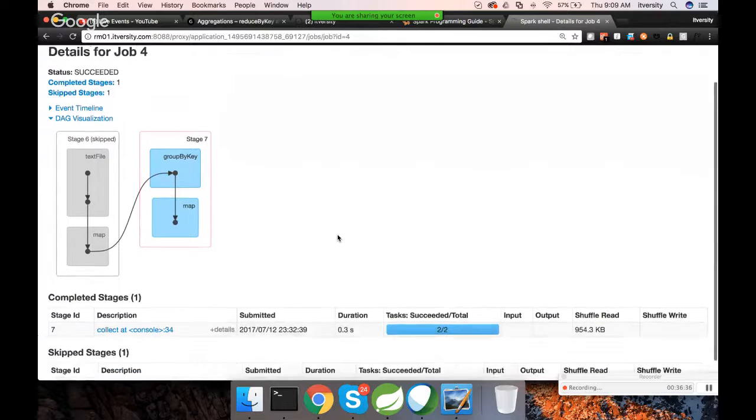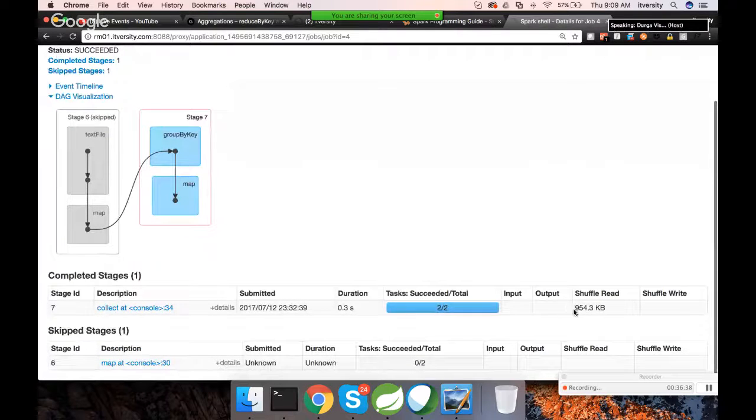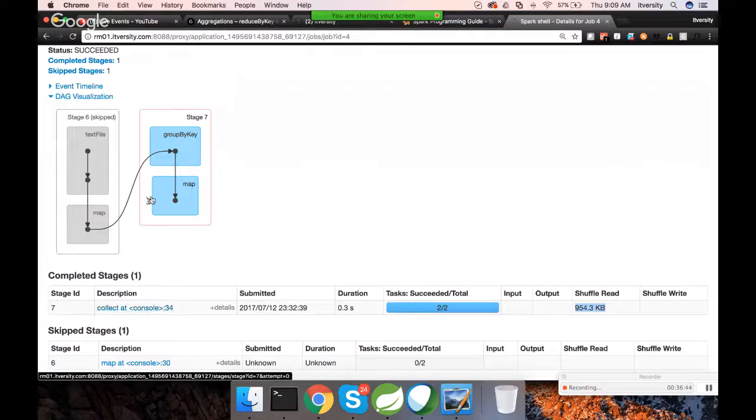Okay, so this is the one. You can see it has read. Here you can see this is the stage which has completed. And stage 1 is skipped because this processing is already done and it is in memory. Okay, and we have seen that 1 MB is shuffle write as part of the earlier job when it actually